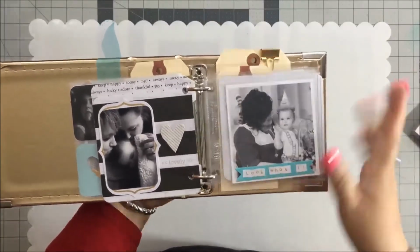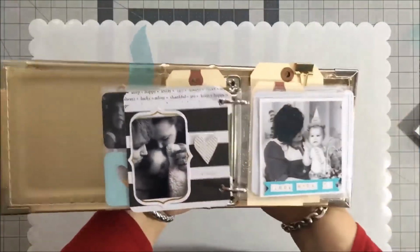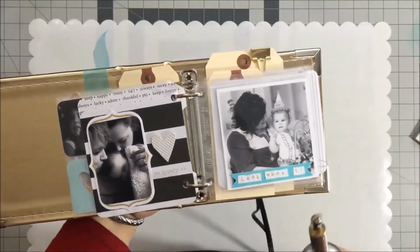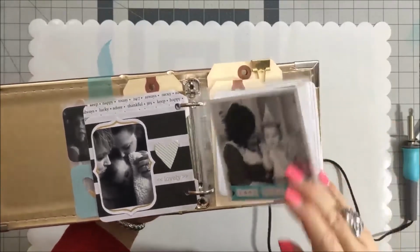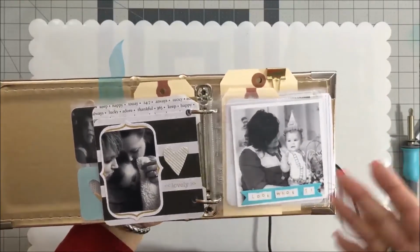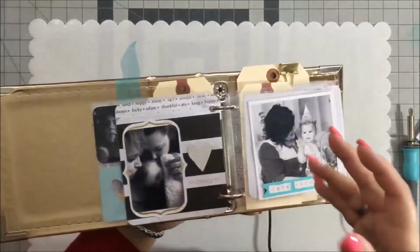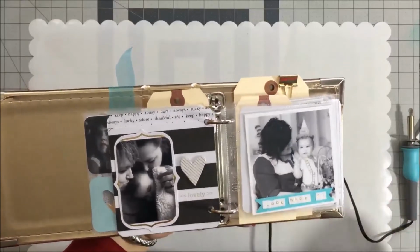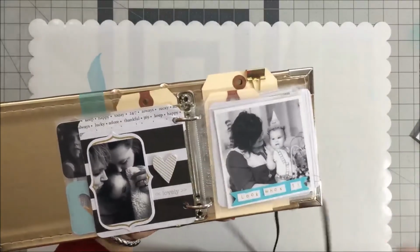And what I'm really excited about is I was able, I'll go through the rest of it, but I was able to use my new Fuse tool in this project. And I don't know how I would have gotten done with this project without it, because I ran out of pages that actually come with the album. But I do Project Life, so I do a lot of inserts. And when I do, a lot of times I'll cut them down. And so I had a lot of just extra pieces of page protector that I've saved,